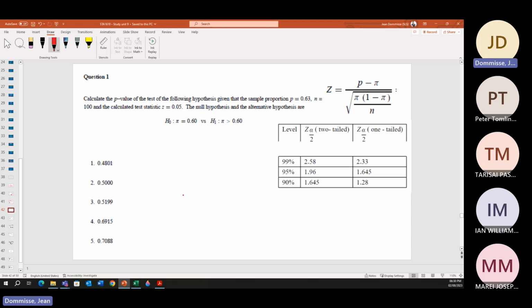Okay, so the next one, we're looking at proportions. So follow exactly the same process as we did in the previous, but let's first look at what the answers or what we're looking for, because this looks weird. So they want us to calculate the p-value of a t-stat for this proportion. They tell us that the t-stat